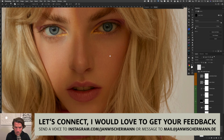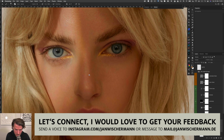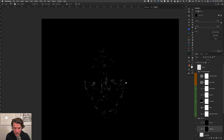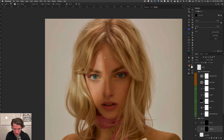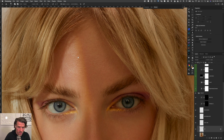All right, let's put it away. Yeah, okay. So if you wonder what it looks like, the mask looks like this right now. That's okay. We can go in here and work on this part. I guess that's still something that we can tackle here